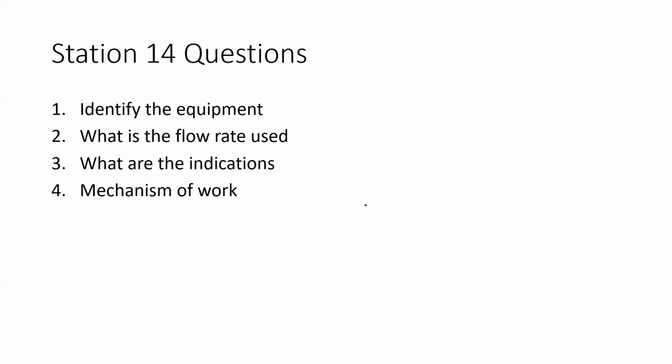Sir, it's a Thrive. It's a high flow nasal oxygen, transnasal, humidified, rapid. Okay, that is also very important because in COVID situations, you're using high flows now. High flow nasal cannulas. There is a possible chance that you might get this equipment in your OSCE station. Okay, you've identified. What is the flow rate used? Sir, 30 to 70 liters per minute. Okay, it is going to be around 40 to 70 liters, right? 40 to 70 liters is the flow rate used in the high flow nasal oxygen cannula.